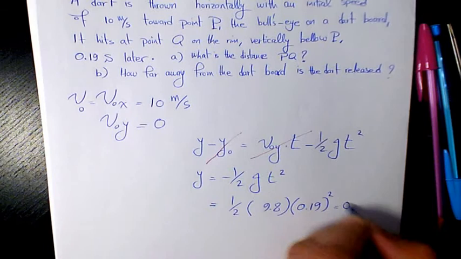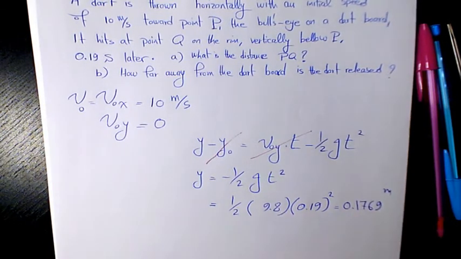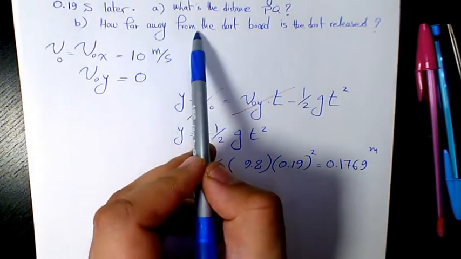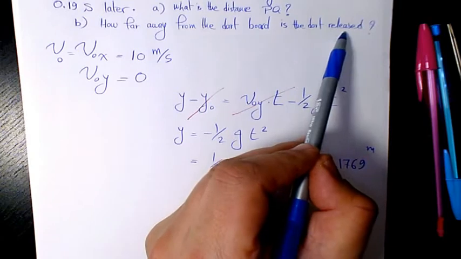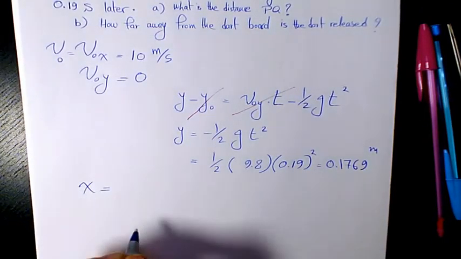That will be 0.1769 meters. Now we need to find out how far away from the dartboard the dart is released. It means that we need to find out x. X is